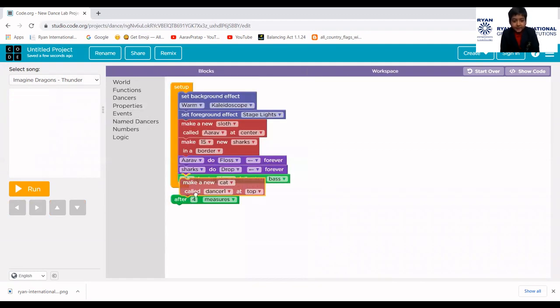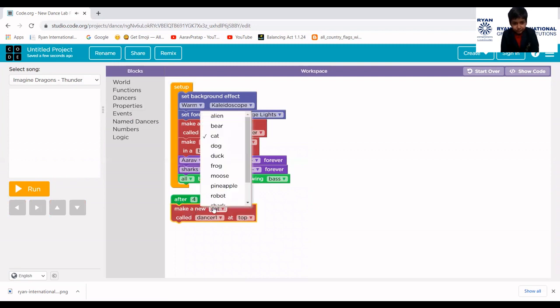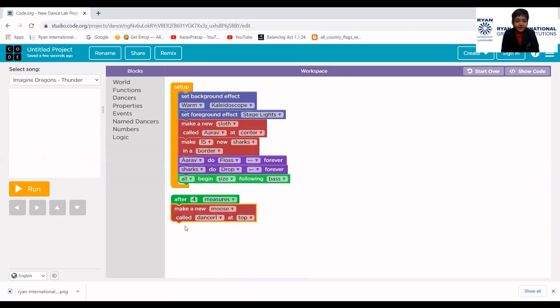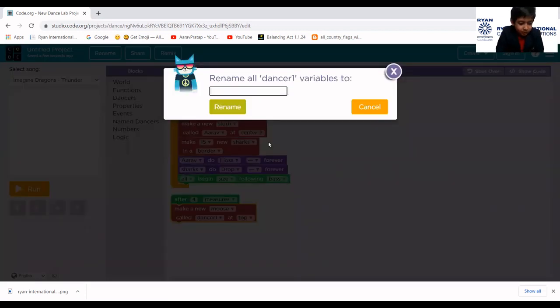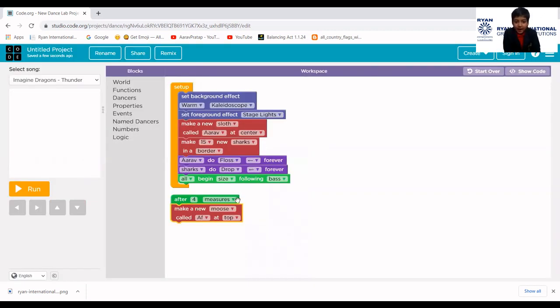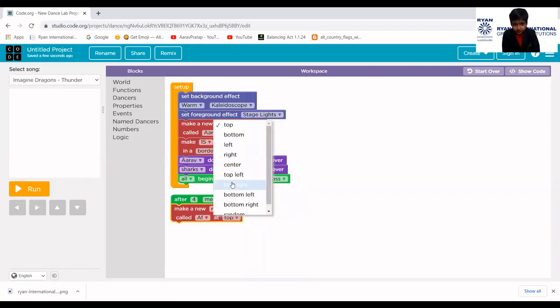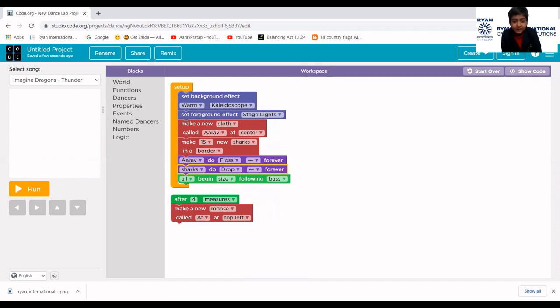Now we'll make a new moose called AF at the top left. This time we'll add 2 moves.